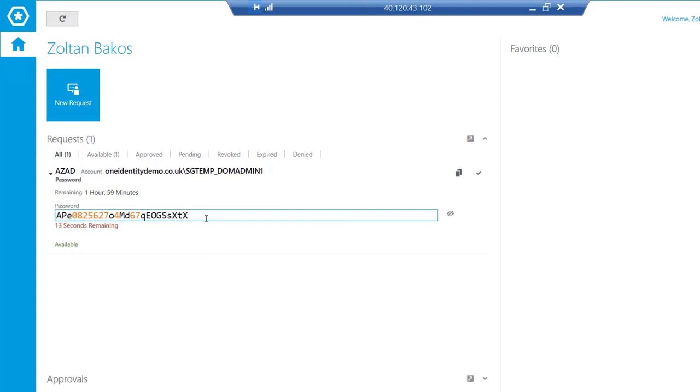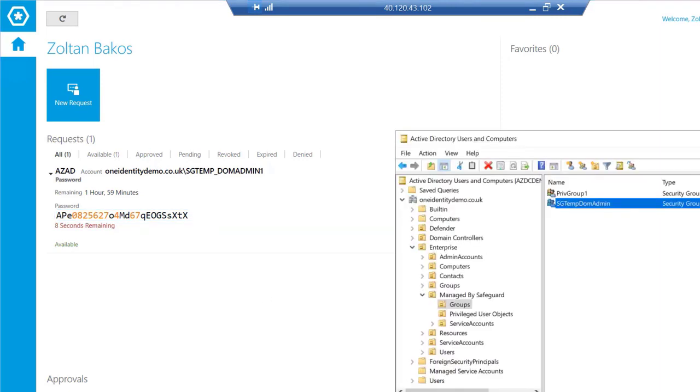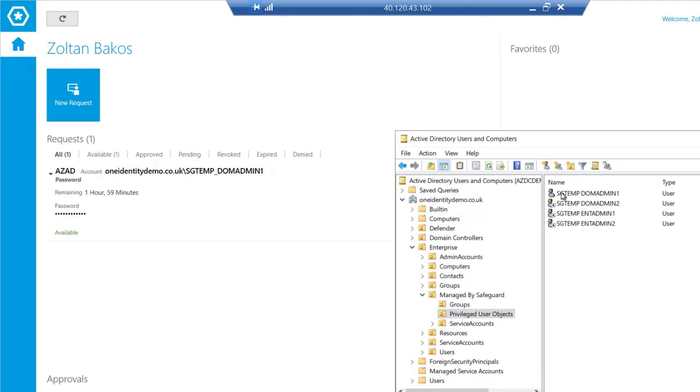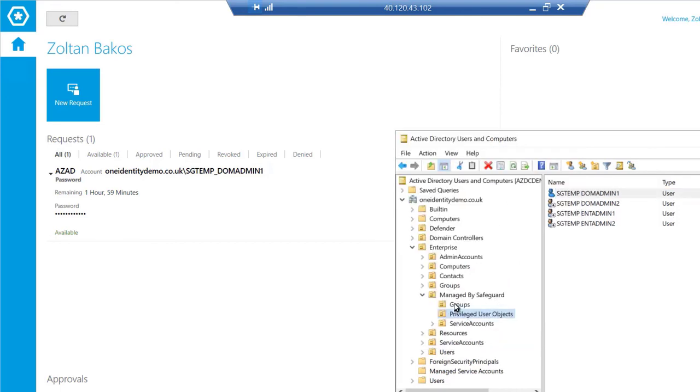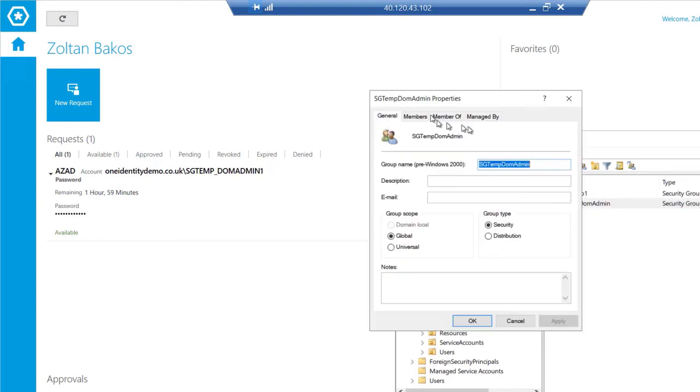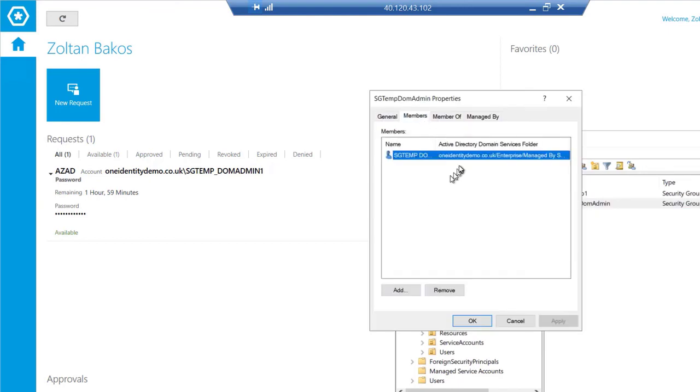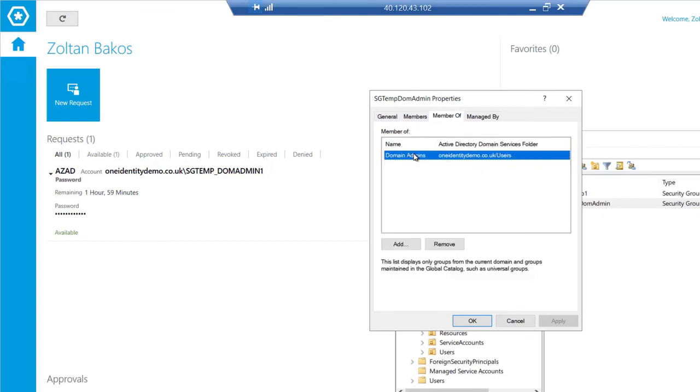But the important thing there is Zoltan has checked out those credentials, it's restored the account, and then importantly, if we go into Active Directory Users and Computers, we can see that, refresh the screen here, that account is now active, and that account is now a member of the TempDom admin group. And that TempDom admin group, if we go into here, again, we'll see that it's got that TempDom admin account as a member, and this is a member of the domain admin. So this gives you the flexibility of providing that just-in-time provisioning and controlling the security to those different groups.